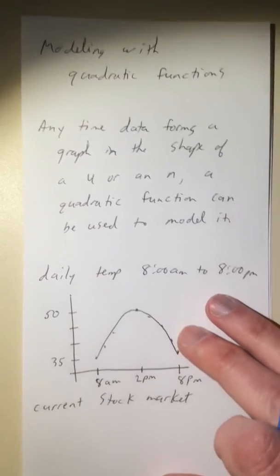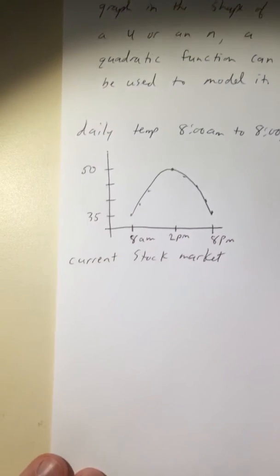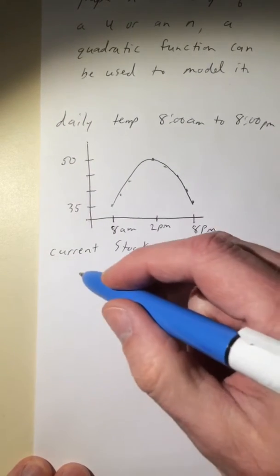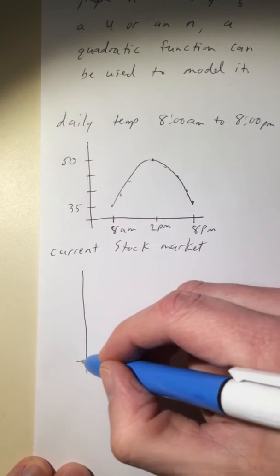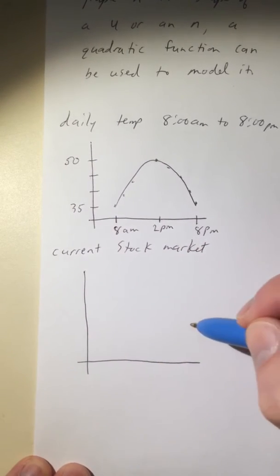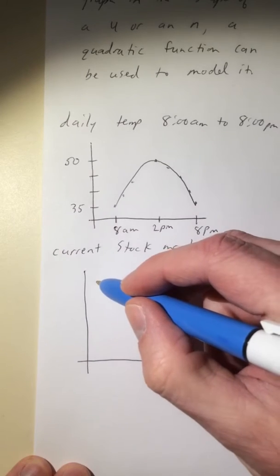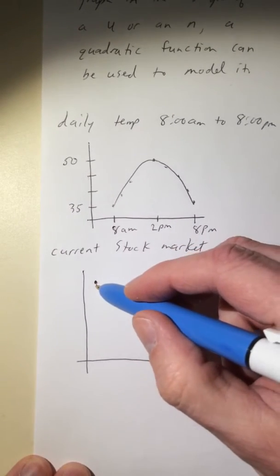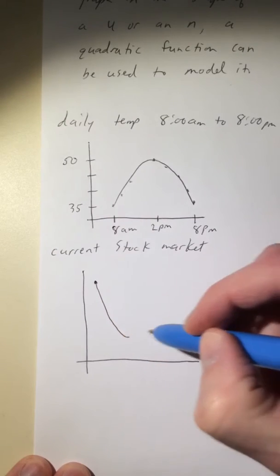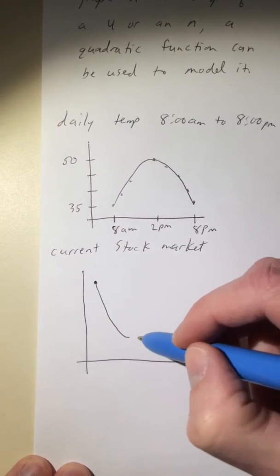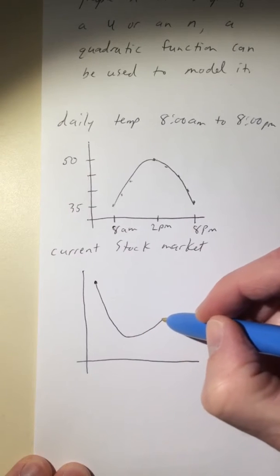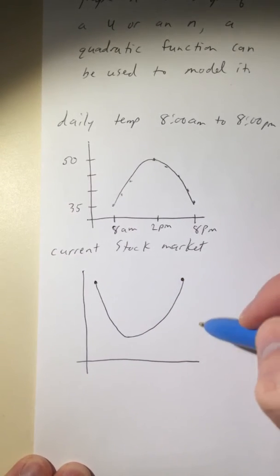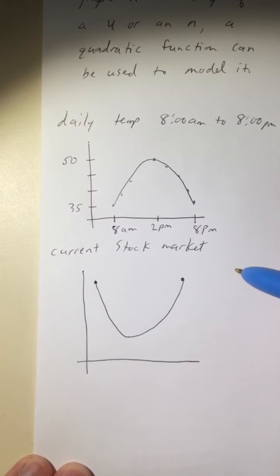Of course, we can flip that upside down, and we can talk about the stock market. Right before the virus, the stock market was really up high. I'm not going to use any data points or numbers here, we'll just use the concept. So here we are at the beginning of our situation, and then the virus hits, the stock market plummets, and then eventually, there'll be some bumps along the way, but in the long term, it will come back up. So that's just another way to model what's going to happen with the stock market. Okay,